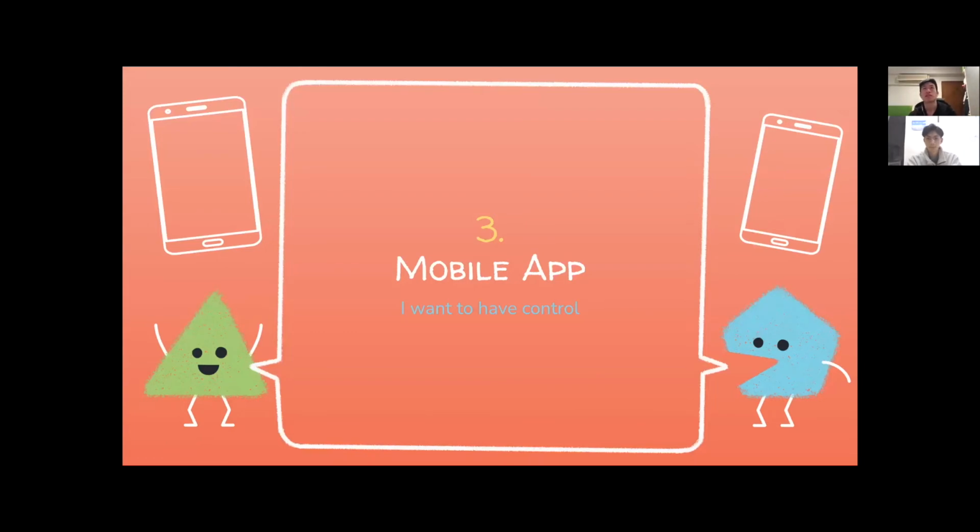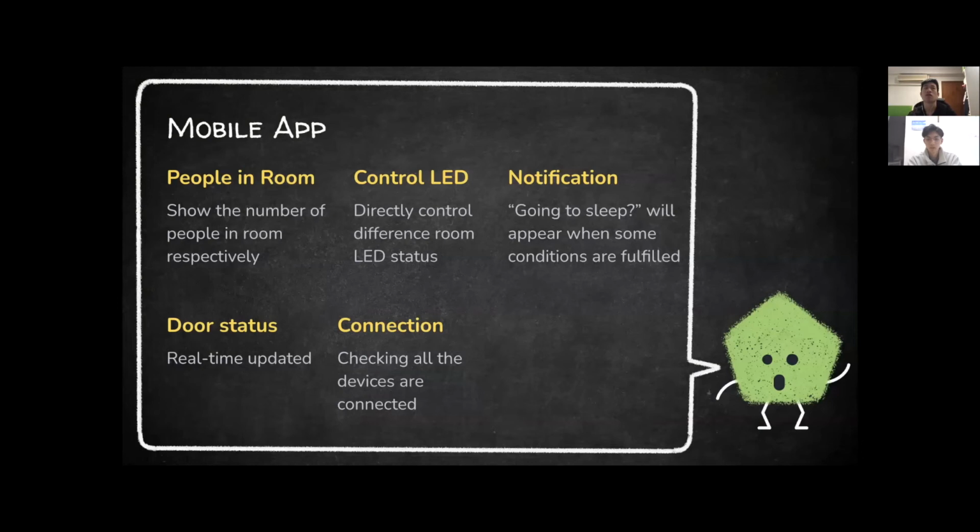Okay, next we'll talk about the mobile app. The mobile app has multiple displays. We'll display the number of people in the room, and we will have two buttons for the user to control the LED and show the lighting status. And we will have a door status to show whether the bedroom door is open or closed,